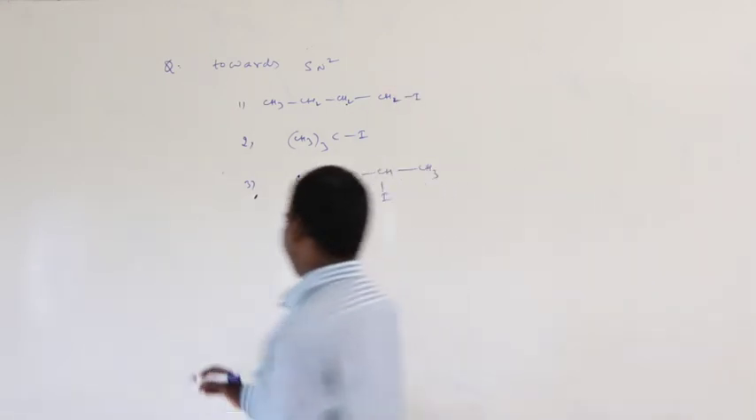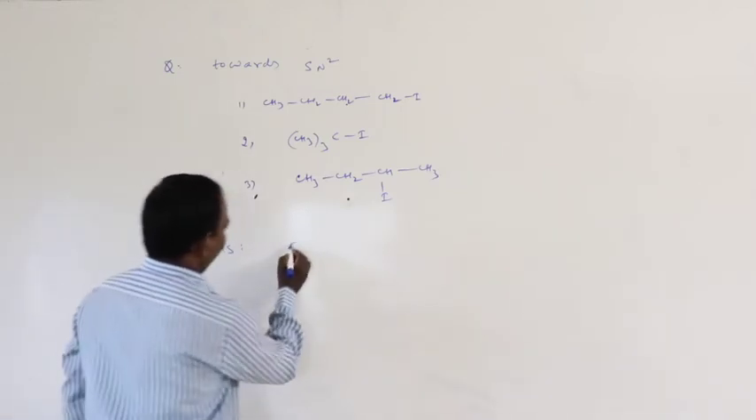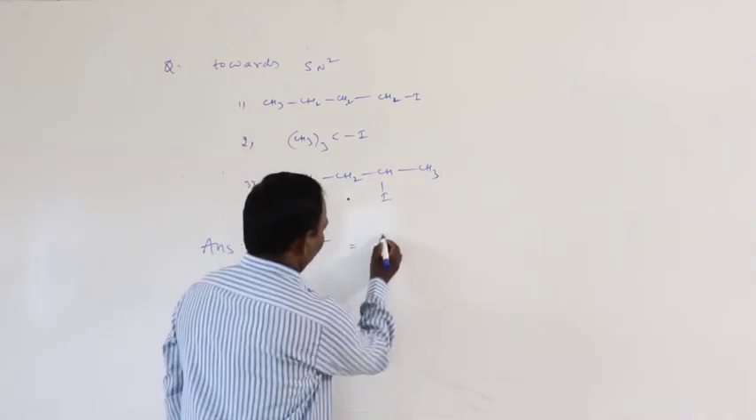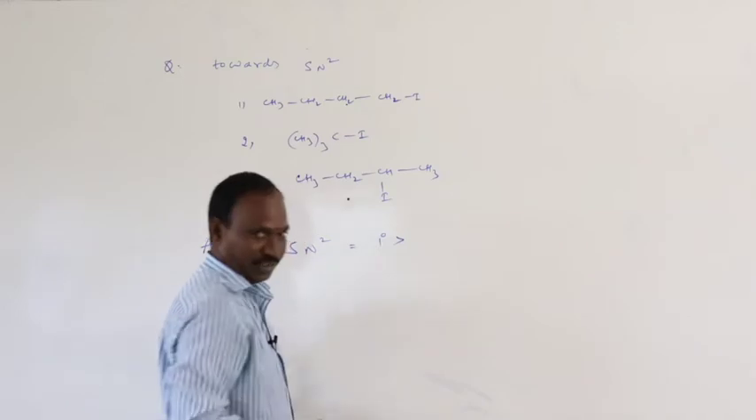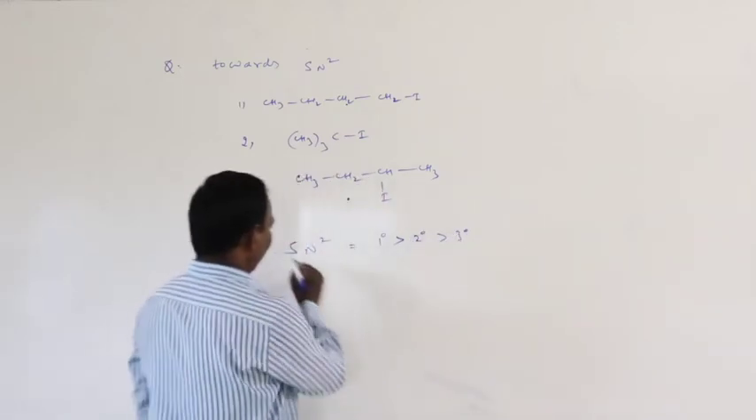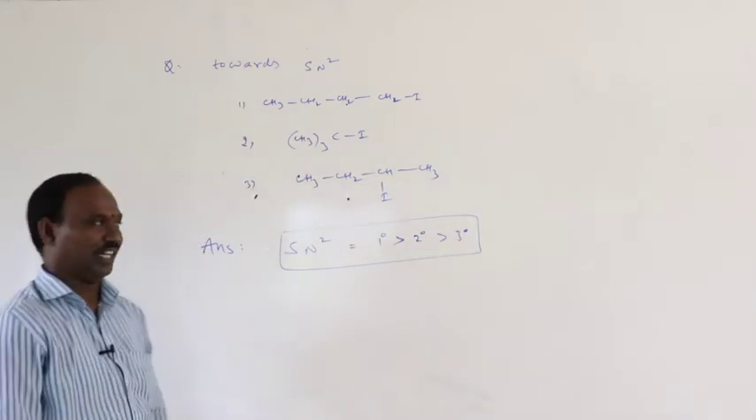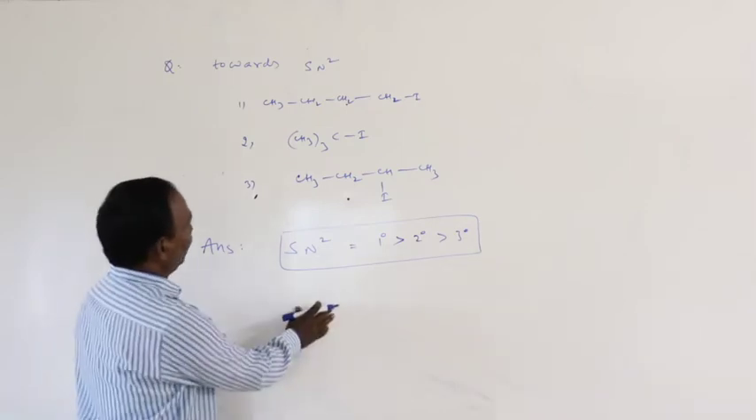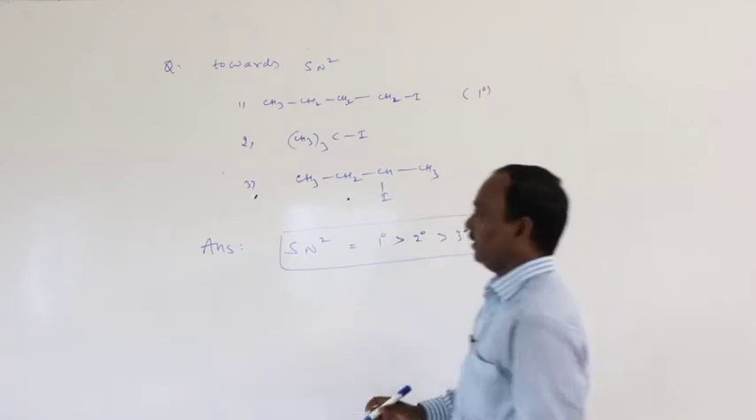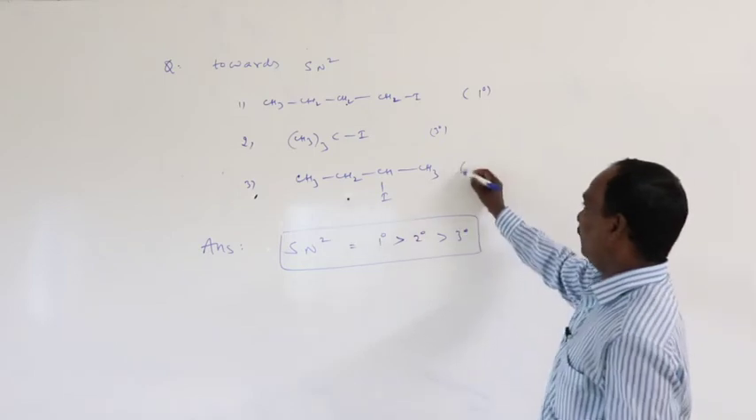Towards SN2 reaction mechanism, primary alkyl halides are more reactive, followed by secondary and followed by tertiary. This is the reactivity order towards SN2 reaction mechanism. Now in this case, the first compound is a primary alkyl halide, the second compound is a tertiary alkyl halide, the third compound is a